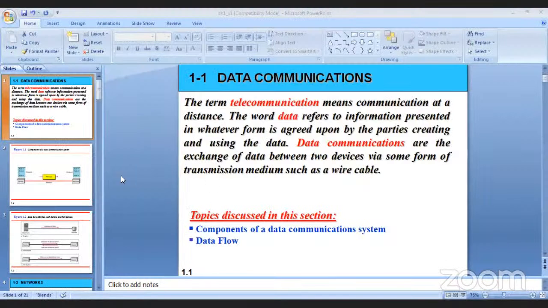Yes, sir, visible. So see, what is data communication? The term telecommunication means communication at a distance. The word data, as I told, refers to information presented in whatever form is agreed upon by the parties creating and using the data. So data communications are the